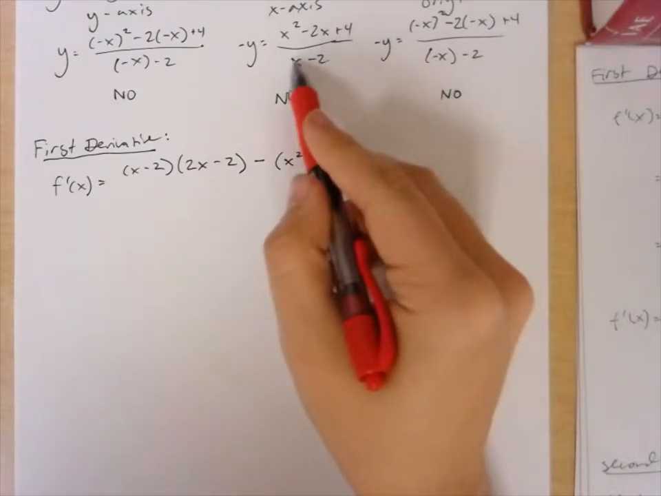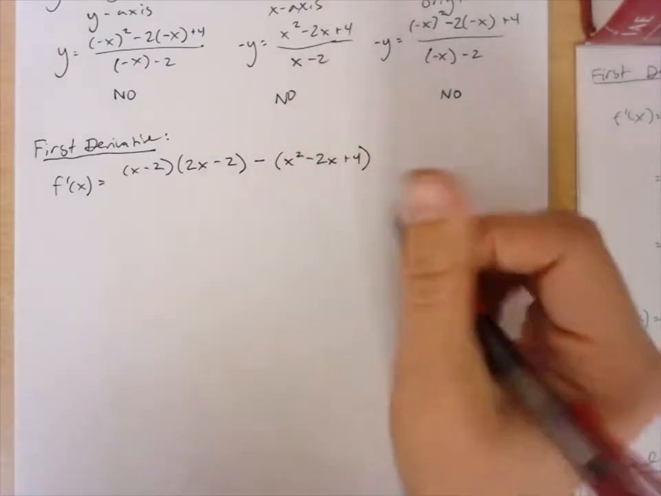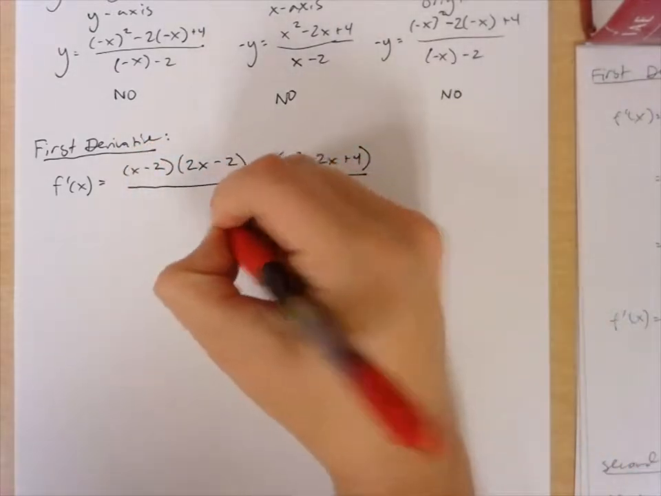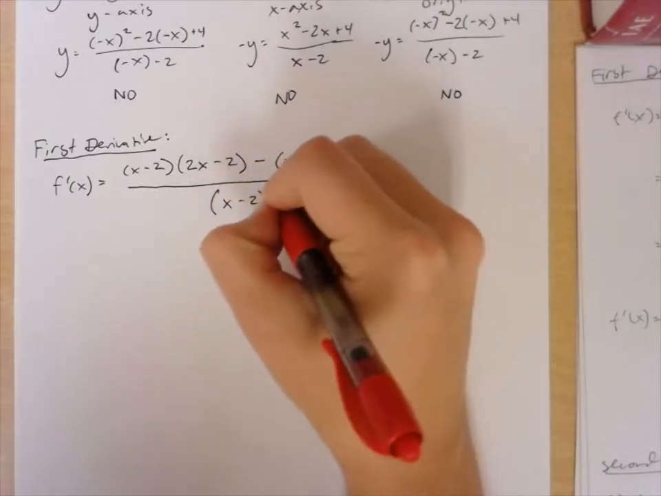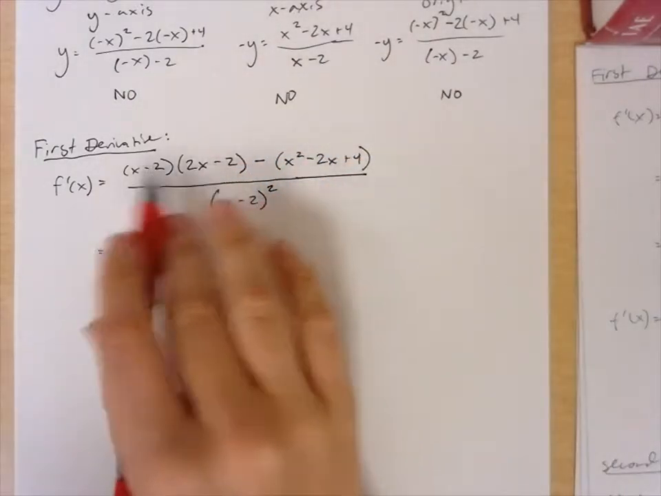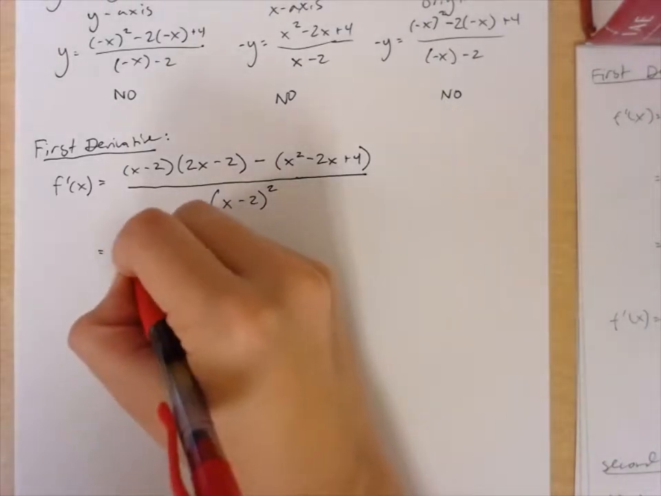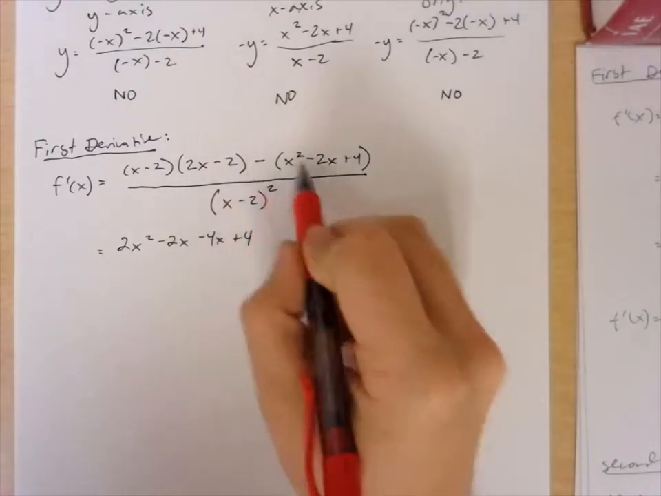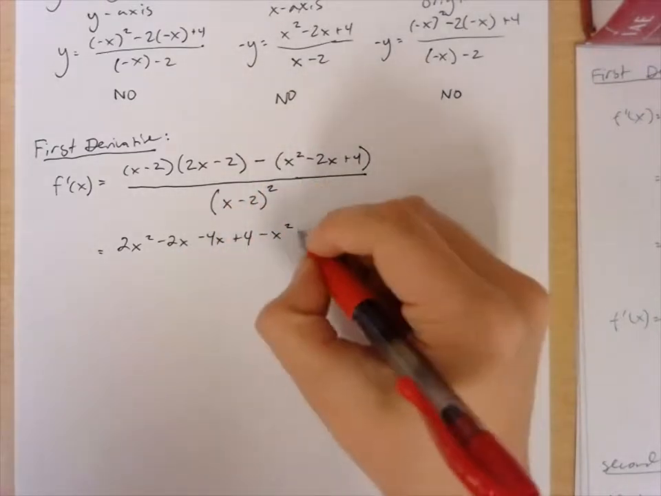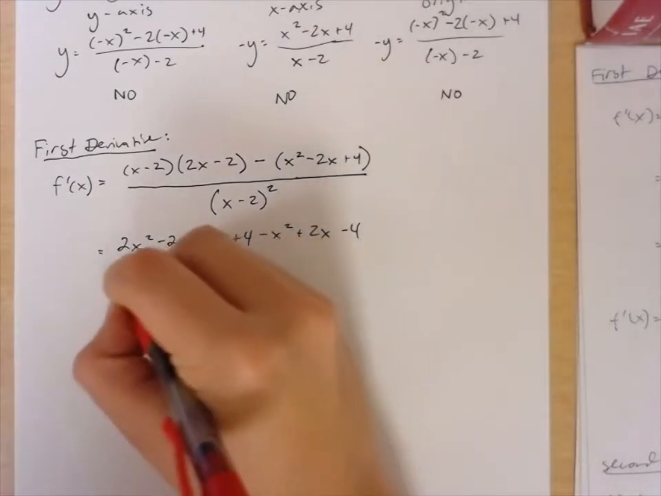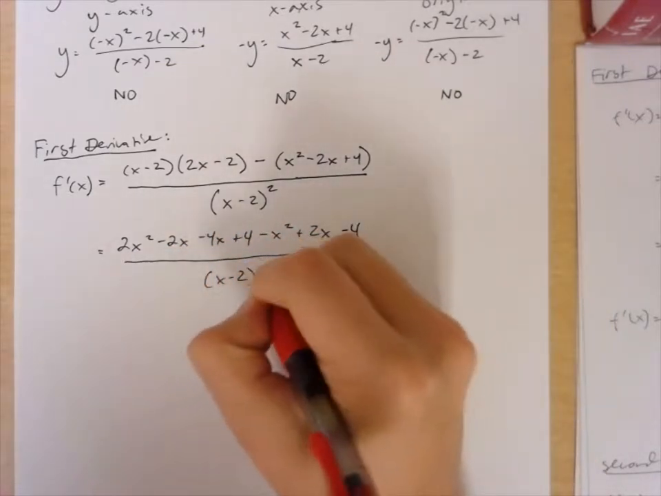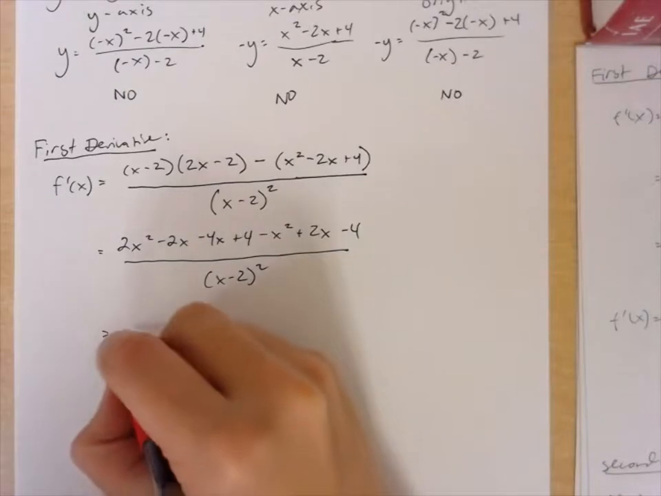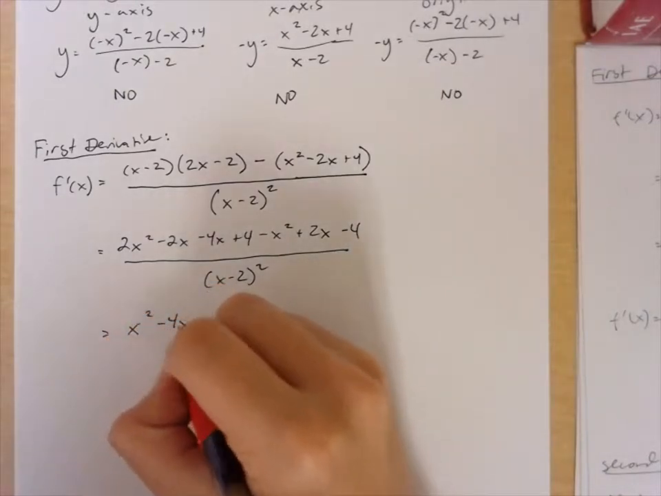Well, the derivative of the bottom is just 1, because there's an x there and then a constant, and multiplying this by 1 won't change anything, so I'm going to leave it alone. And then I have low squared, x minus 2 squared. If we FOIL this out, we get 2x squared minus 2x minus 4x plus 4. I distribute my negative, negative x squared plus 2x minus 4. I put it all over x minus 2 squared. I combine my like terms, and I cancel where I can, and I get x squared minus 4x all over